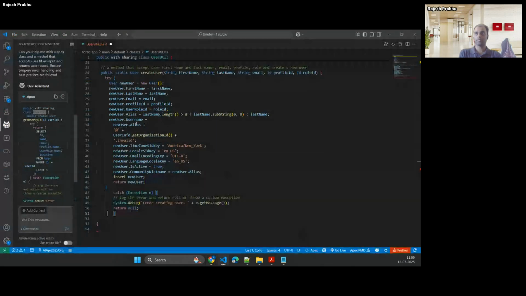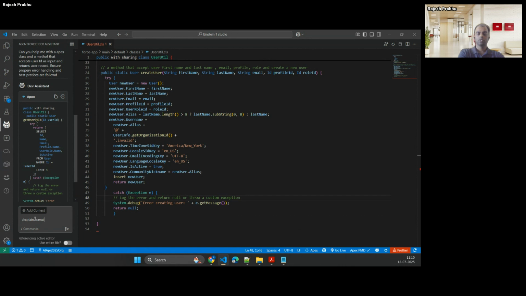I can simply use the AI to start with code that is halfway through or 60 to 70% ready and then start building on top of it, isn't it? That's the whole idea. So you can create an Apex code. Not only that, let's try this. I'll say slash explain